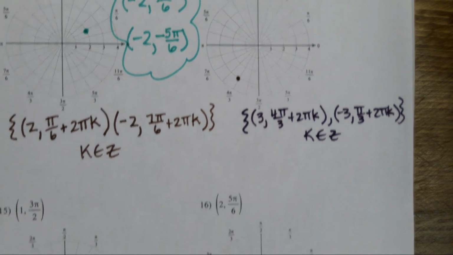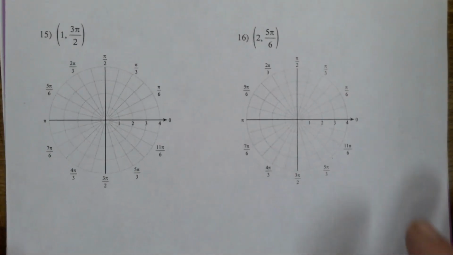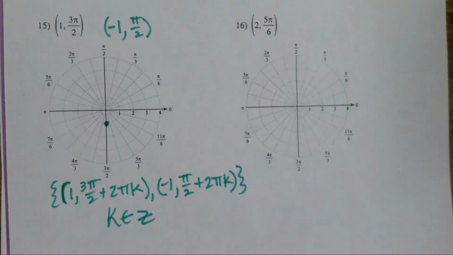All right. So number 15, give it a try. Find your one negative solution. Put it in the right form. And when you're done,